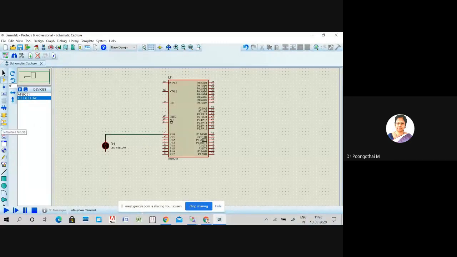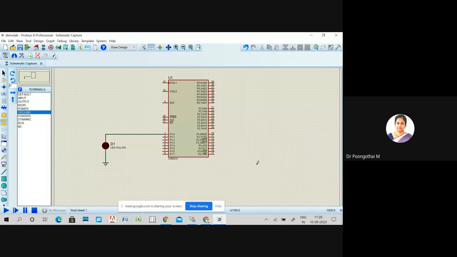For that, you click the terminal option, pick up the ground terminal, and connect the LED's other end to ground. So now your LED is grounded. This is the schematic diagram for your first program.